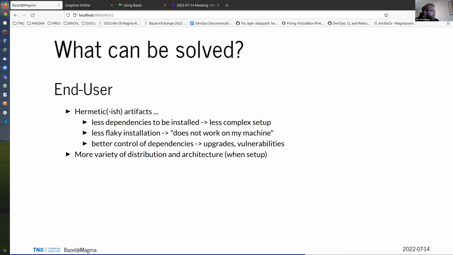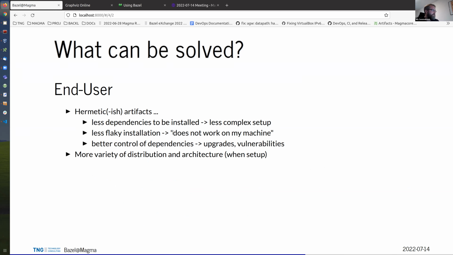You have hermetic-ish artifacts. This means you have fewer dependencies to be installed, so the setup process becomes less complex. This also results in a less flaky installation. So Slack support questions like why is it not working on my machine will hopefully go down.